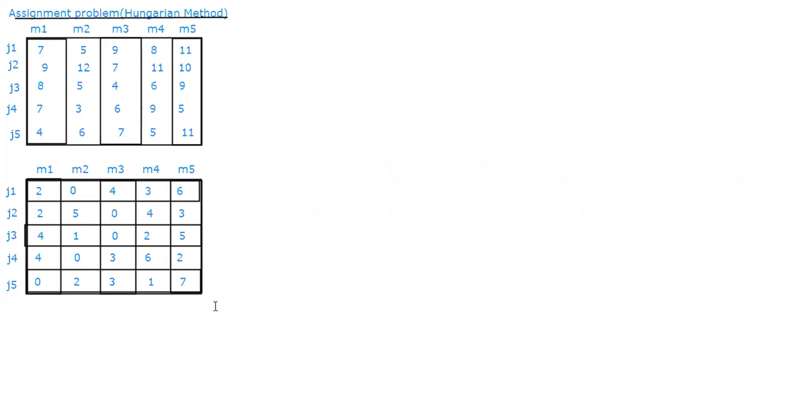Now I'll check the columns, because in the columns too we should compulsorily have at least one 0. So when I'm checking the first column I got 0, so I will not touch this one. Second column, I got 2 zeros, so I need not touch this one. Again, third column, I have got 2 more zeros, so I'm not going to touch it. But when I checked my fourth and fifth columns, I have no zeros. Without zeros, we cannot solve the issue.